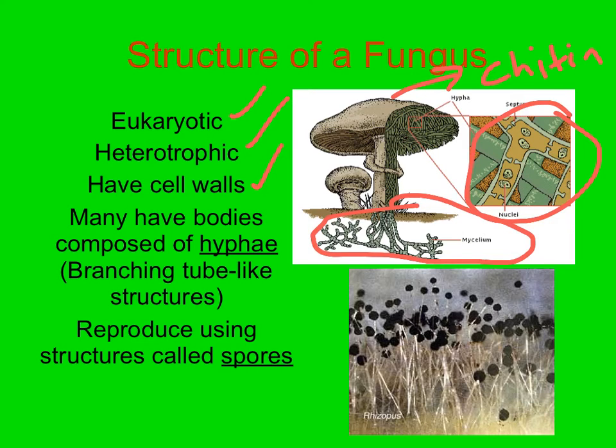Fungi are called saprophytes, and they are decomposers, and they are very important as nature's recyclers, recycling material and putting it back into the environment. They reproduce using spores, and you can see some examples of fruiting bodies here, these black dots here. These black dots actually contain dozens and dozens of spores each one. They're very, very tiny, and those spores will be released, and they'll land in areas if conditions are favorable, moist, warm, maybe a little bit dark. Those areas are very favorable for the growth of new fungi.